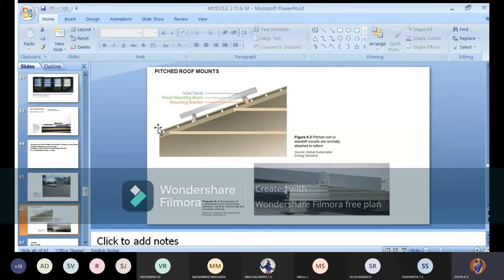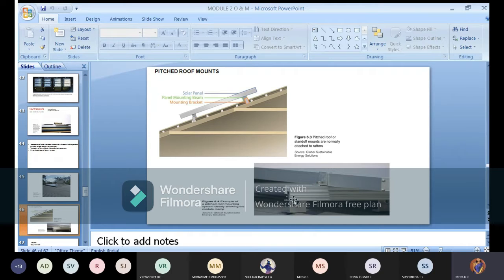It means you have increased the space between the roof and your collector panel. Again, they concentrate on two major things, the panel mounting beam and the mounting bracket. This is the actual representation, and this much space has been added by using extra parts.